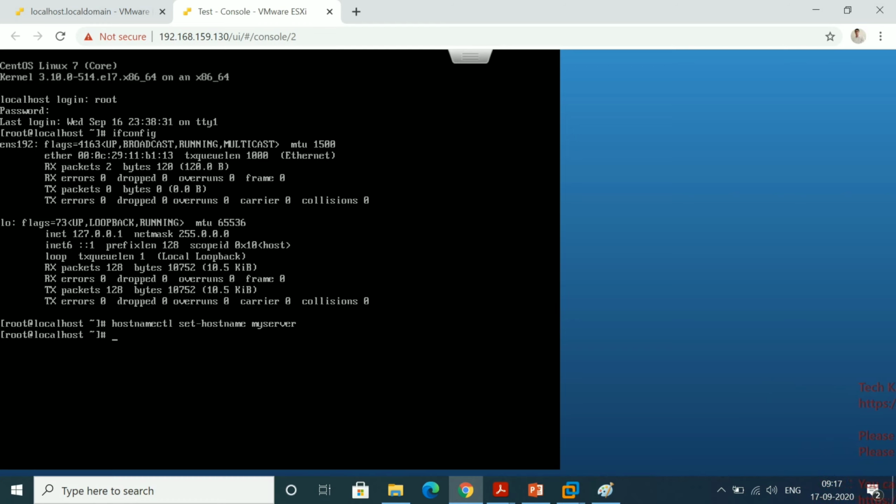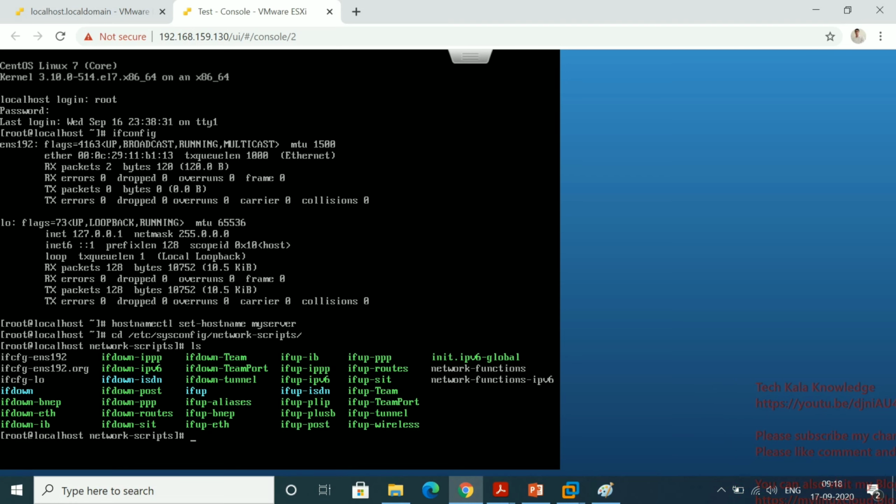The file path is cd /etc/sysconfig/network-scripts. Here you can see the Ethernet file, ifcfg-ens192. Sorry, it also shows 192, that Ethernet card.